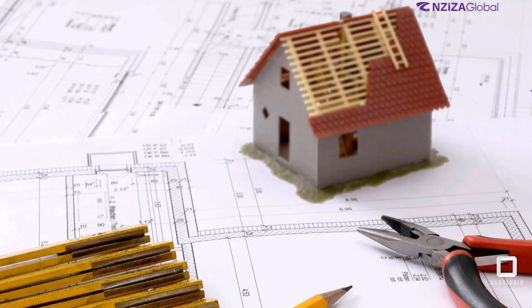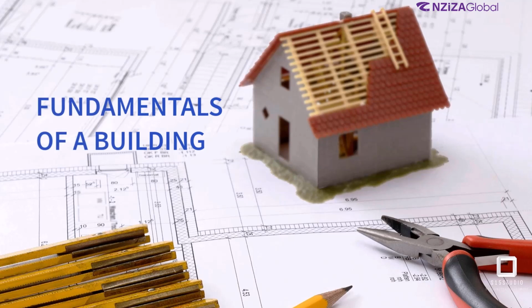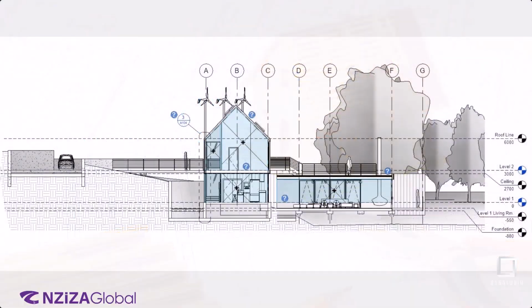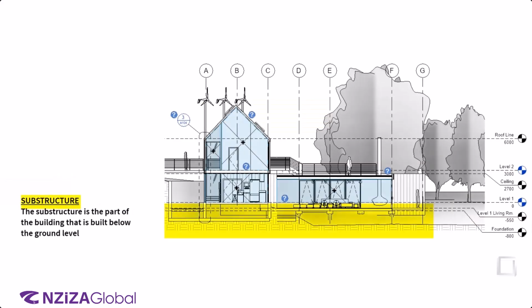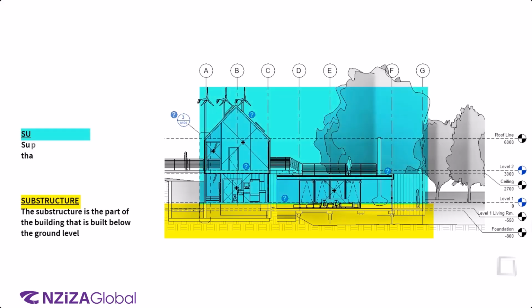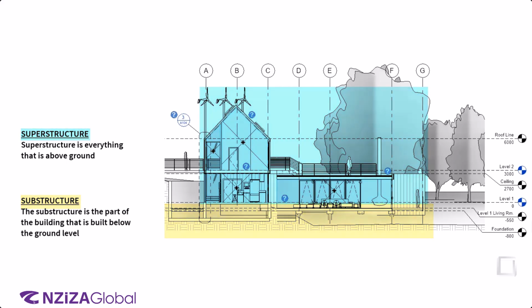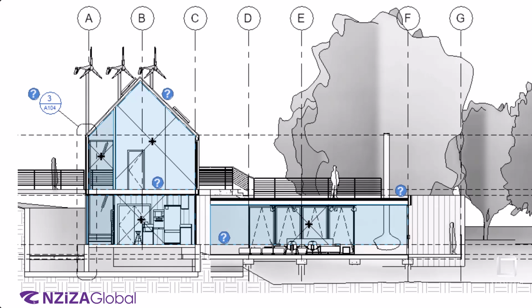To understand why we carry out certain tasks within Revit, it is imperative that you understand the fundamentals of a building. This in itself is a huge topic, so I will very briefly cover the main areas. Generally, there are two major components of a building, the substructure and the superstructure. The substructure is part of the building that is built below the ground level, whereas superstructure is everything that is above ground. The foundations, which is the substructure of the building, transfers the loads from the superstructure to the underlying